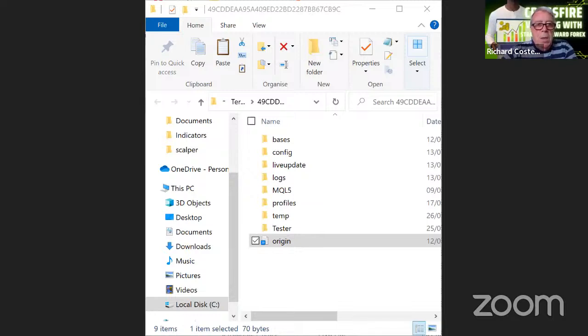So I'm on the main chart. I want the navigator window. So I'm looking on view at the top there and clicking on that. I need to click on navigator, and it shows me, well, that's my FTMO free trial. That's the account number. I'm interested in these expert advisors. So if I click on that and then click on refresh,